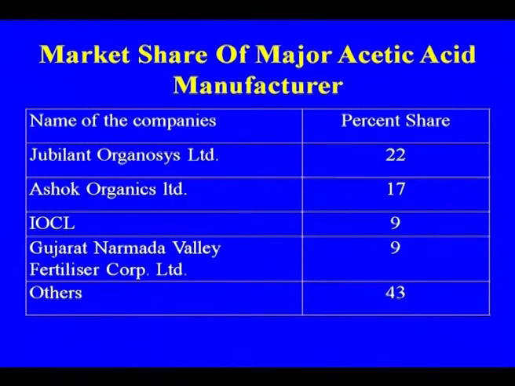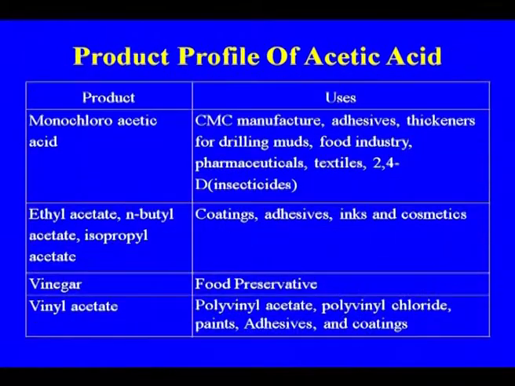This is the market share of the acetic acid manufacture. Jubilant is one of the major producers of acetic acid. Again, as I told you, this is not from the methanol route, they are making it from the ethanol route. These are some of the major uses of the acetic acid: